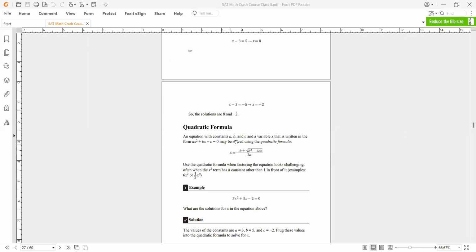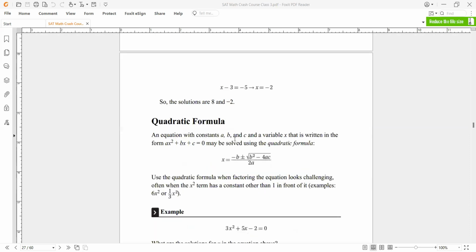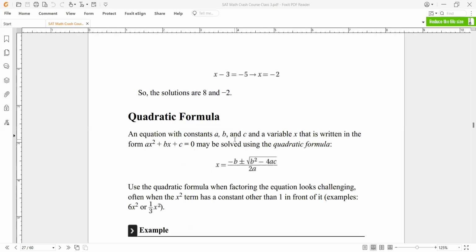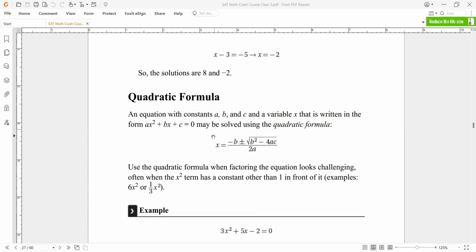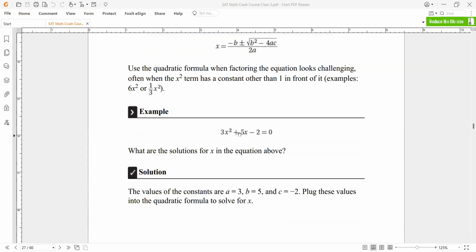I think you know that the quadratic formula is basically a formula used to solve for the value of x, the variable, of any kind of quadratic equation. So you just need to memorize this formula. Maybe the question setters will provide it in the questions. But the thing is,